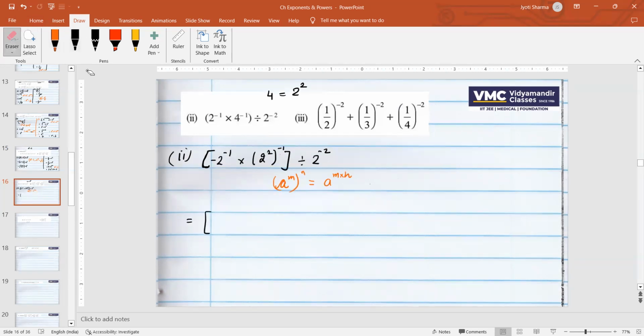So this is 2 to the power minus 1 into 2 to the power minus 2, divided by 2 to the power minus 2. The powers will get multiplied. 2 to the power minus 1 plus minus 2,